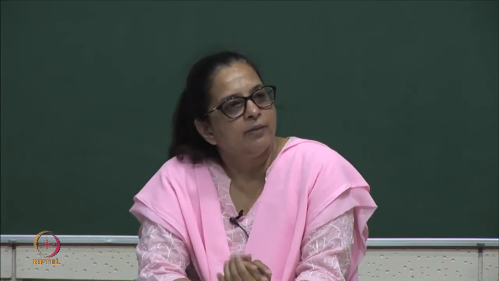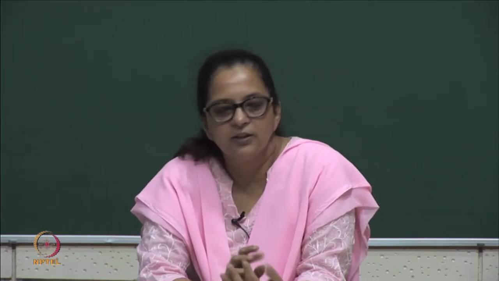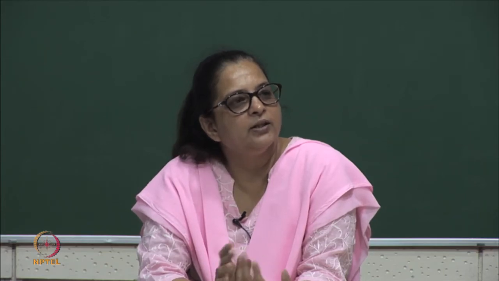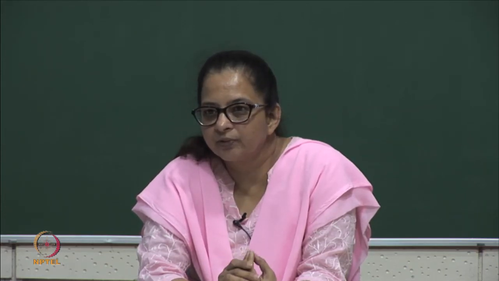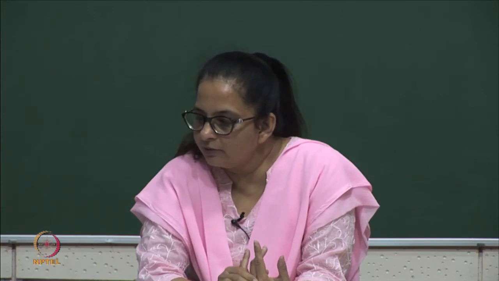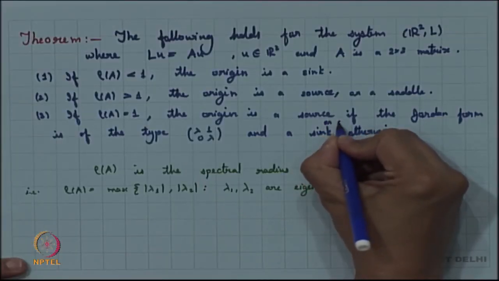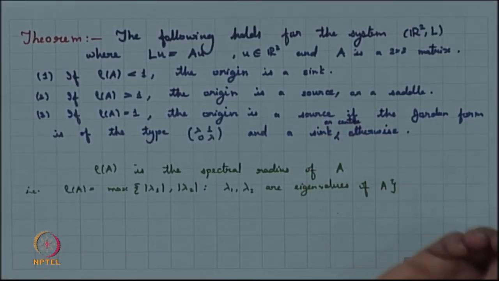And we have already seen what happens in the case when we have complex eigenvalues. In that case the spectral radius is 1, which gives you that the origin happens to be a center. I have written a sink, maybe I should write sink or center otherwise, because that combines the other case also, wherever J happens to be the identity matrix. So, it is a sink or center otherwise. So, basically the structure of the dynamics of the real systems on R square tends to be of this particular form.